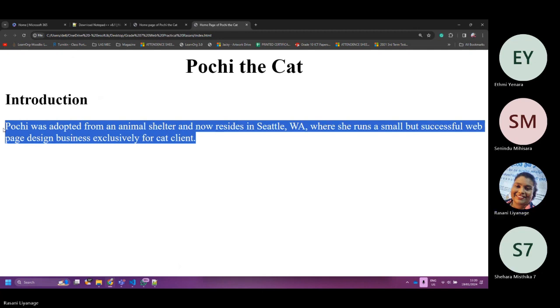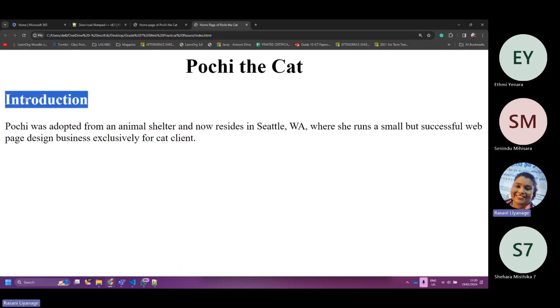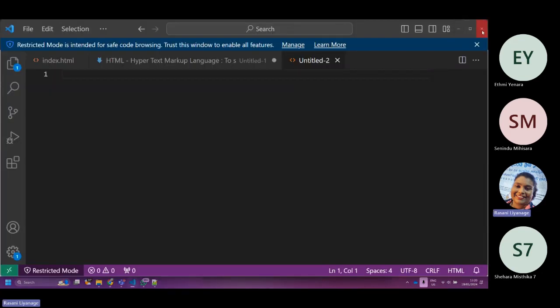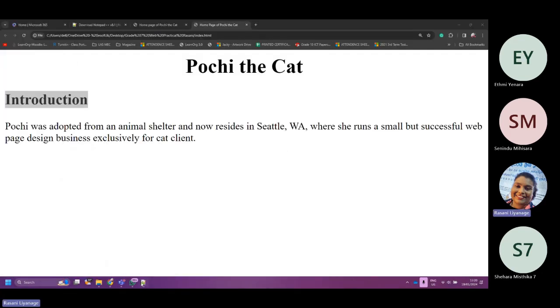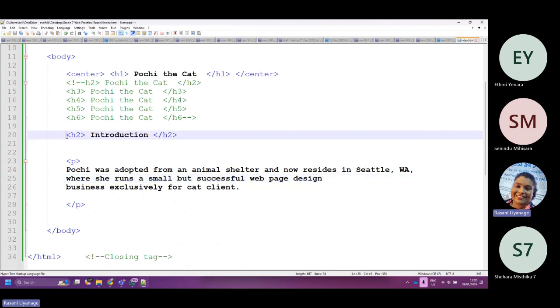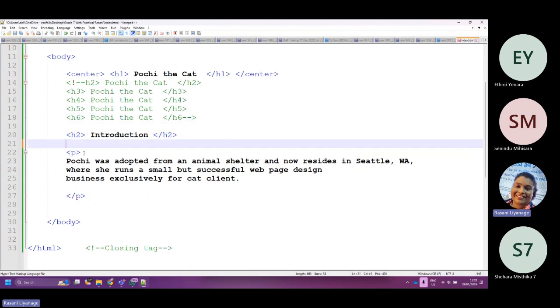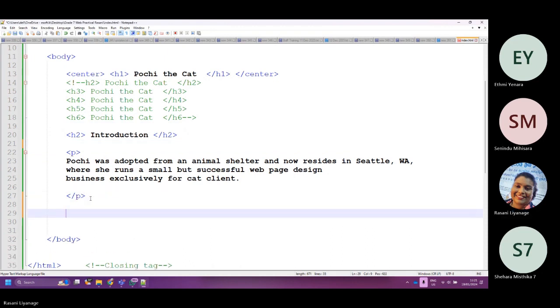Got it? Now see introduction. Introduction, I put H2. You could remember H1 was the biggest heading and H2 would be the next heading. So for something a little smaller than the biggest heading, we will be using H2.